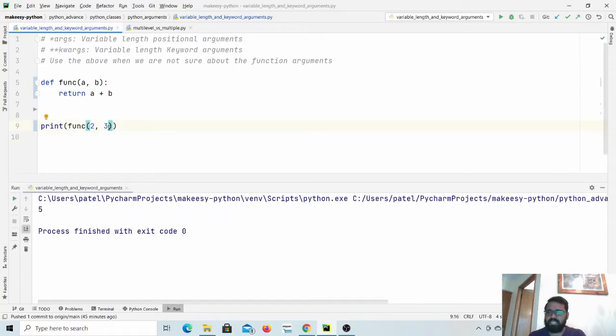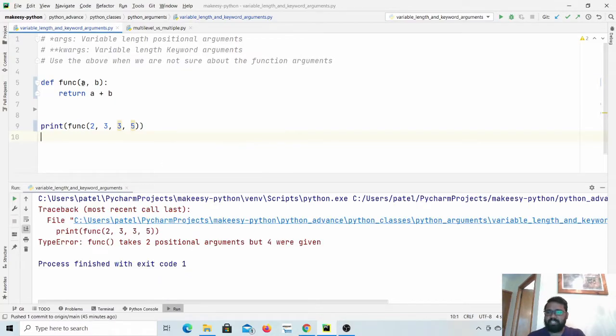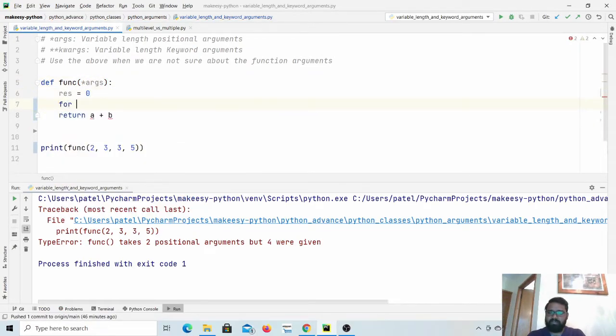Now the general case would be that we can add many numbers, as many as we want. If we simply add more numbers, it will complain that the function accepts only two numbers, because that's what we defined. That's where variable length positional arguments come in handy. We define a variable length positional argument using star. We can simply say star args, then say result is equal to 0, and then iterate over the args,